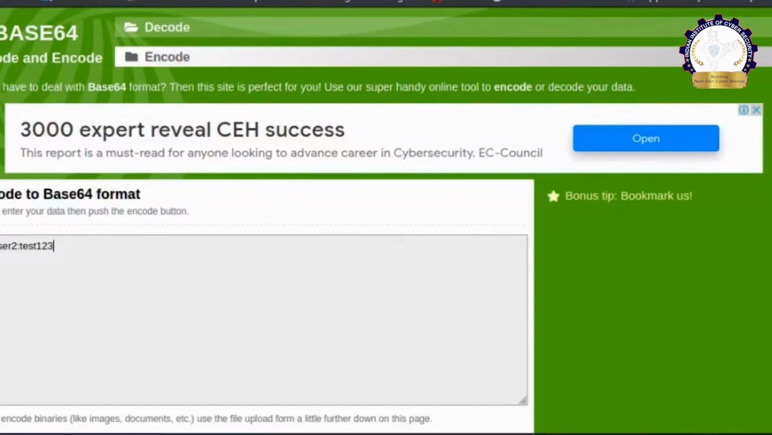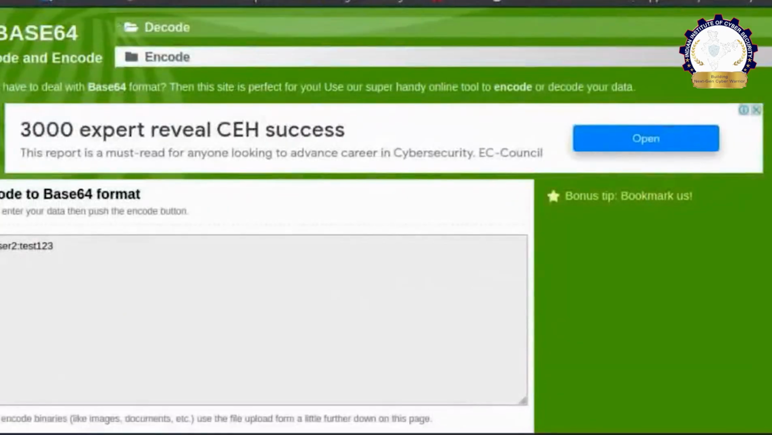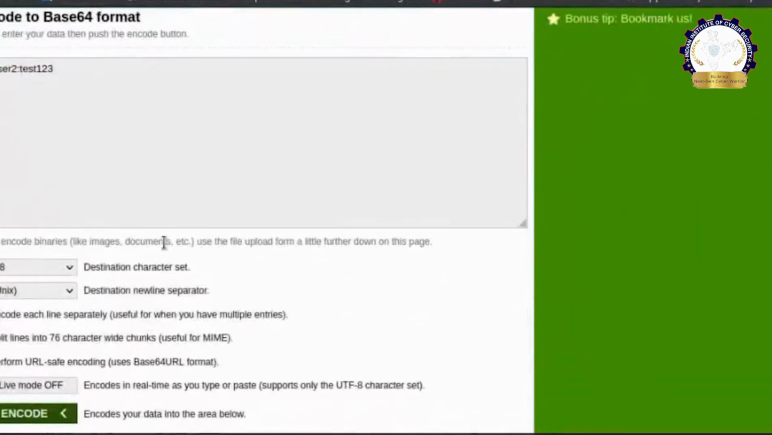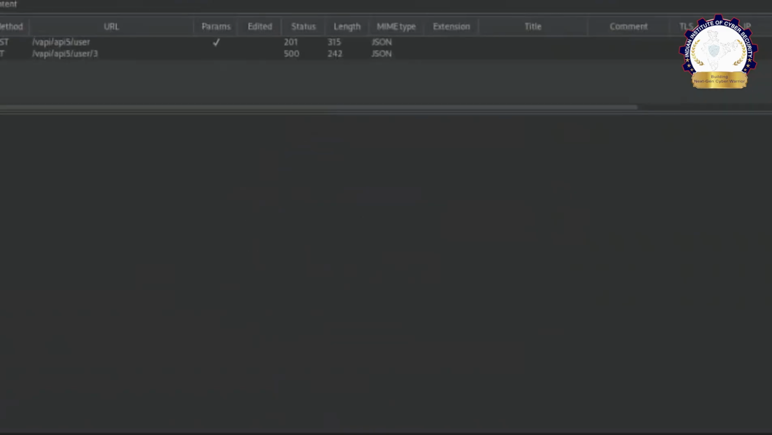So we have to check again that the username is testuser2, with a colon, and that the password is test123. Then we encode this value. Okay, so we get the base64 encoding of this string. And next we